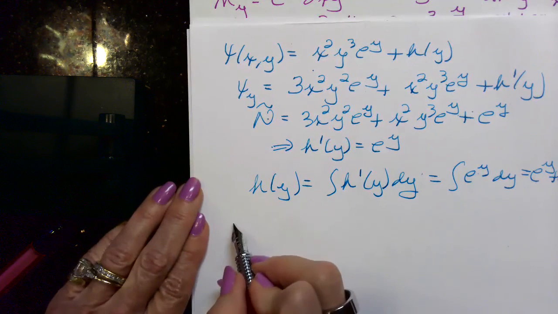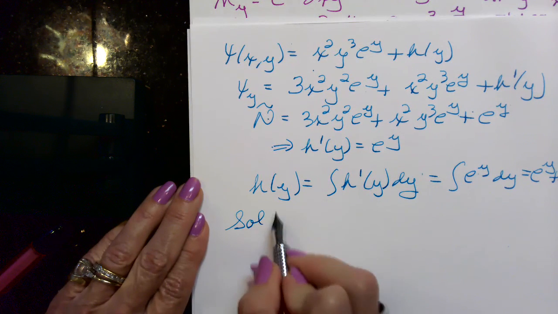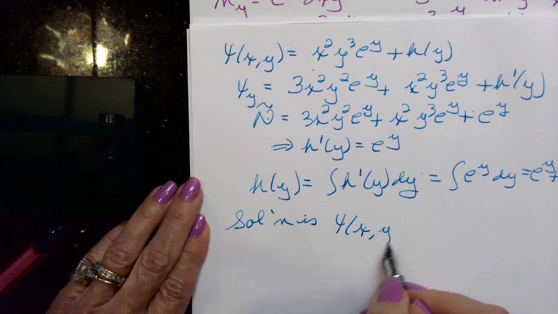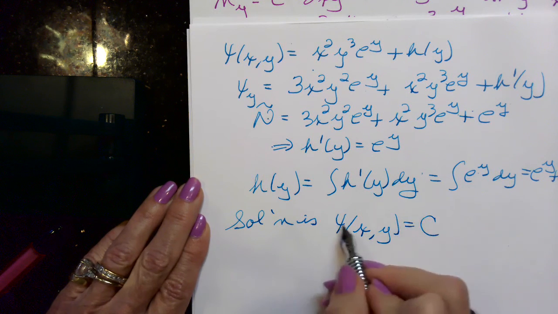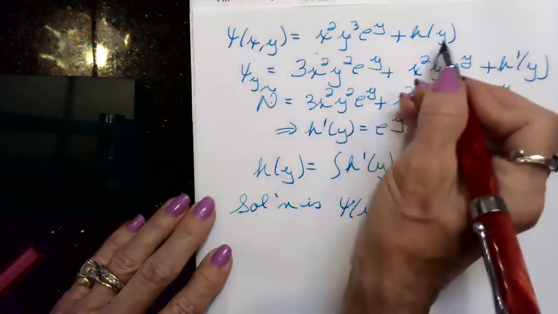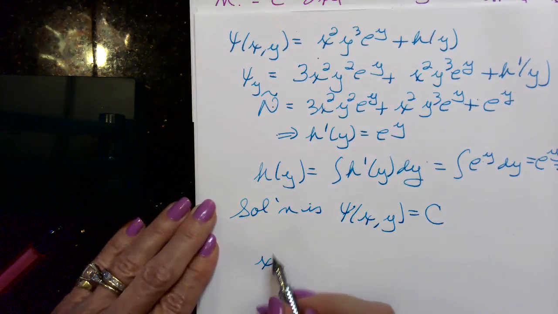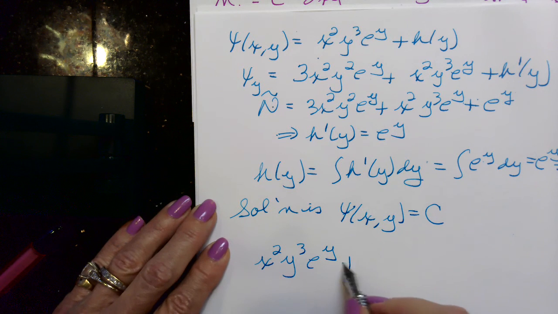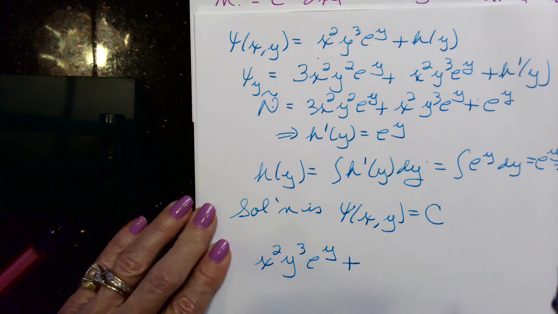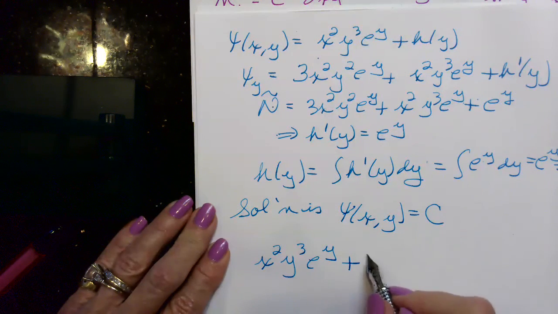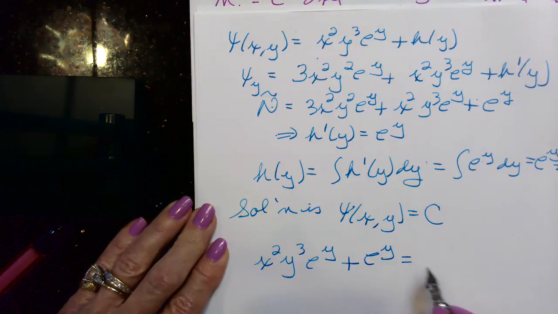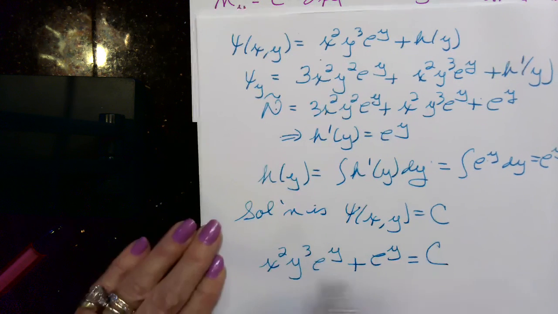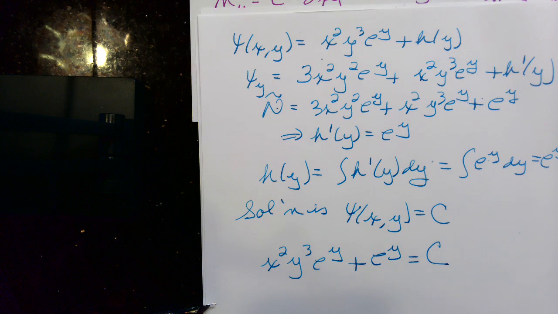So our solution then is psi of x and y equal to a constant. And what is psi? It is x squared y cubed e to the y plus h of y, which is e to the y. And now I have a plus c, but I'm just going to lump it in with that constant that's on the other side. And there is the solution